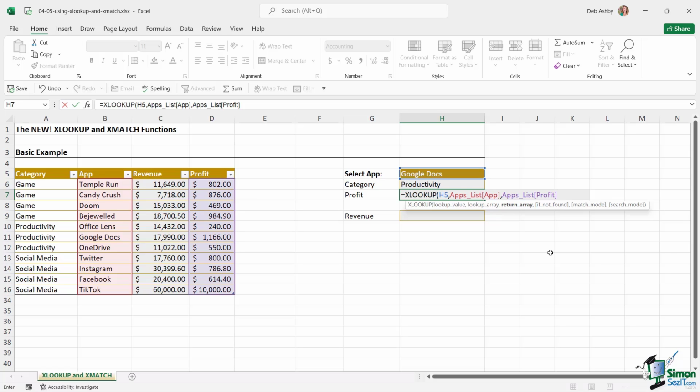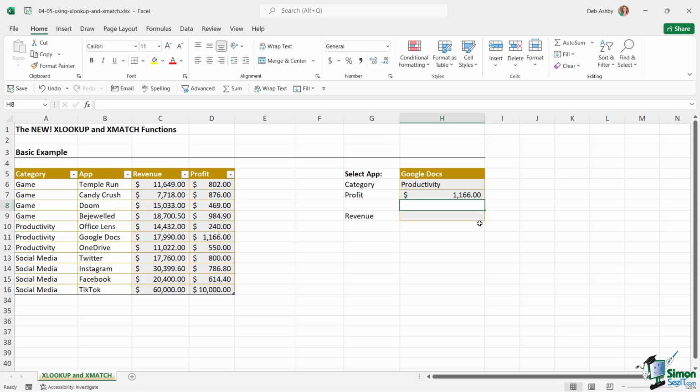Now, if I want to essentially skip over an argument, so I don't particularly want to have any if not found text, I can just press 2 commas to move on to the next argument. I want to do an exact match and I want to search first to last. Close the bracket, hit enter, and it's going to return my result. Let's double check to make sure that this is correct. So let's find Google Docs, and I can see that yes, the profit is